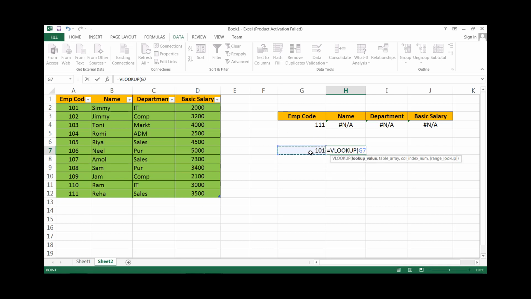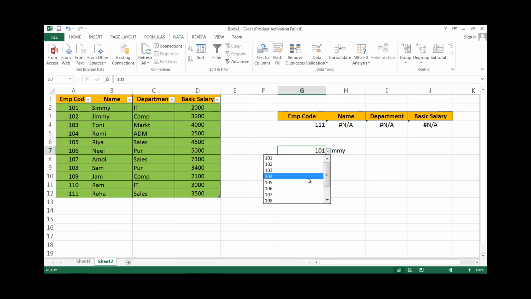Lookup value. Then there is table array. Here we use the table name. Then give the column index, and after that 0 for exact match. Okay, now here is the update.